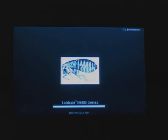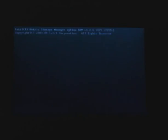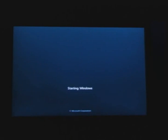So what we have here is a BIOS revision A29, a very vulnerable version. The flea is actually already installed. Just in the interest of saving time, the flea is already present on this, so I'm not going to show the stealth capabilities of the flea because it's the exact same as the TICK. But what I am going to show is how it can persist from one BIOS revision to another. So currently we're at BIOS revision A29, and